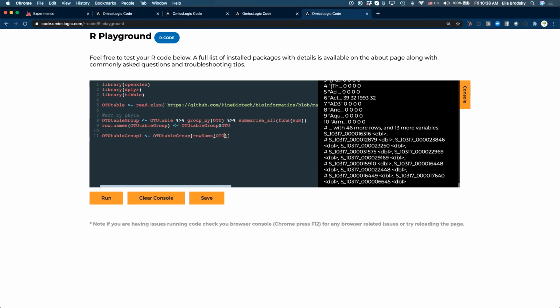And we'll do OTU table group, and we have a total of 17 samples. So these are going to be 2 to 18. And we're going to say the ones that are more than 0. Row names true.